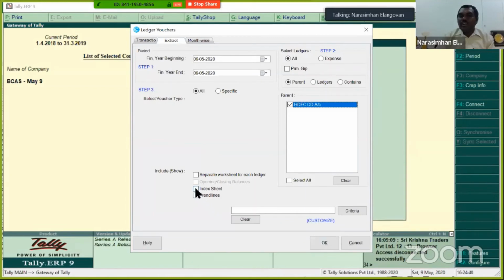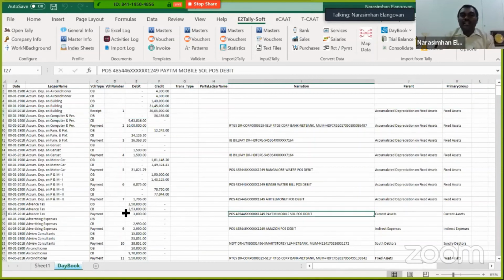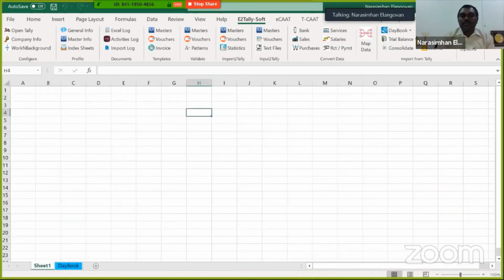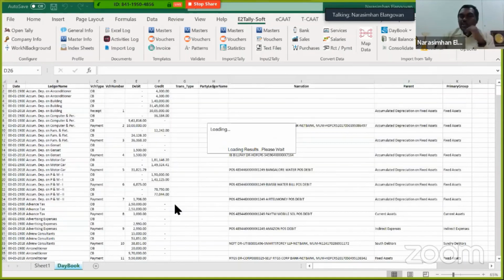I can also click on give me an index. The software will automatically create an index and give it to me, and I just say OK. So this is basically how analytic tools can be used. And the moment it is done, the dashboard or the result appears. Correct? So this is basically what I wanted to take you through. Of course, the result is loading. It will take a few minutes. Once it is done, your entire ledger voucher appears.